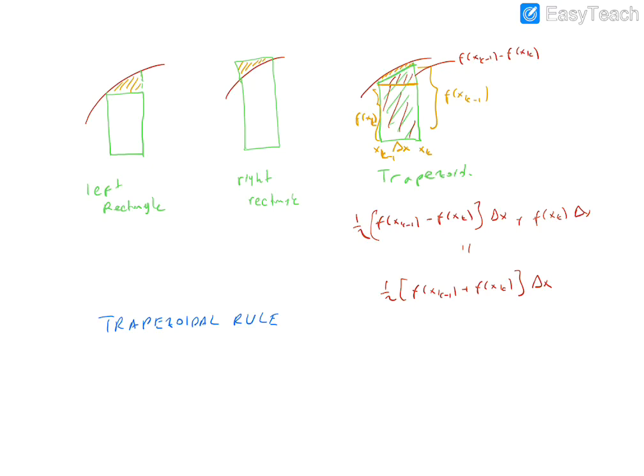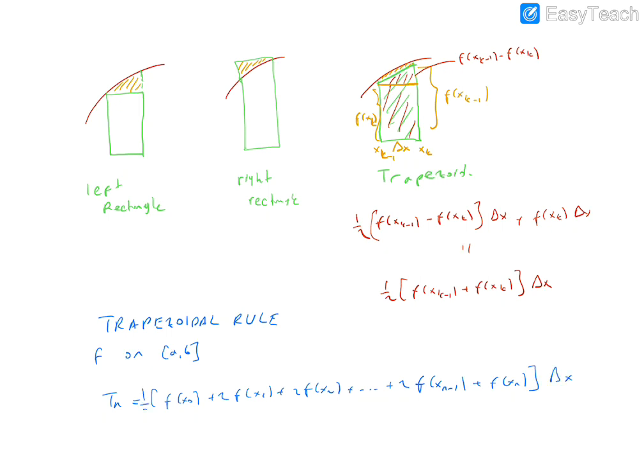A function f defined on the interval, and of course it should be continuous in my opinion. We should look to your textbook. I'm not sure. Okay, so f on the interval [a, b]. So Tn is this summation: f of x0 plus 2 times f of x1 plus 2 times f of x2 plus and so on, plus 2 times f of x(n-1) plus f of xn, times delta x over 2,